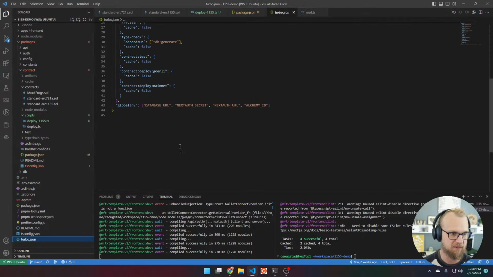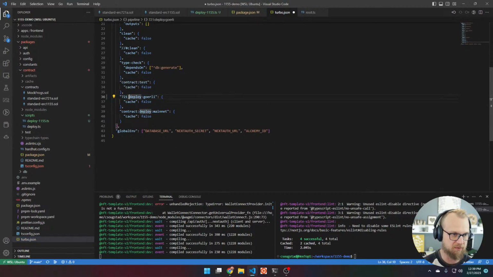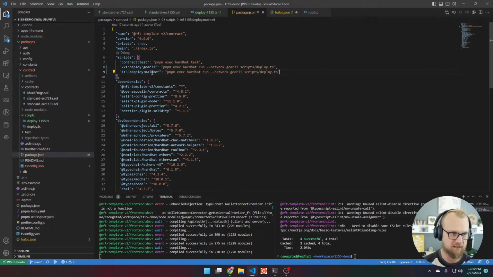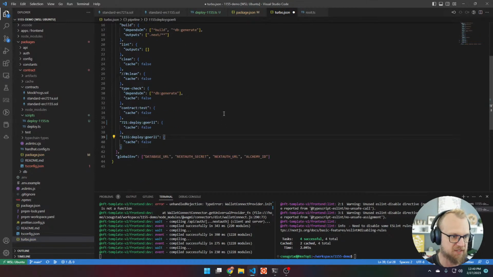I need to pipe or allow them through turbo here. So 721 deploy, yep. And then 721 deploy. Wait, did I? Yeah. There we go. Okay, so we're in 1155. Man, I just keep typing 155 for some reason. All right, so